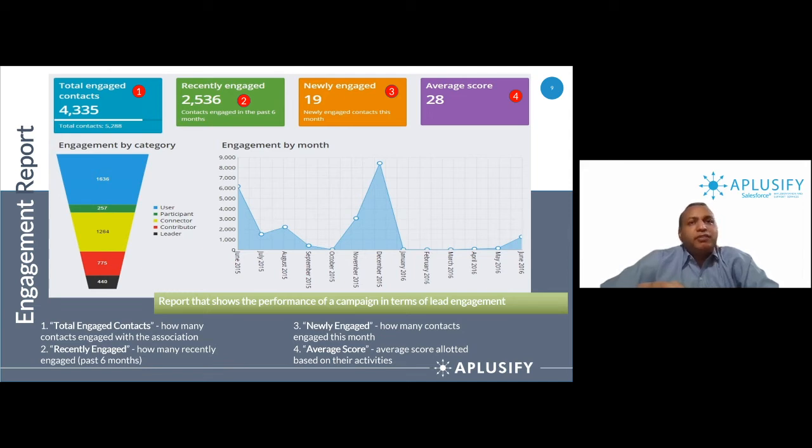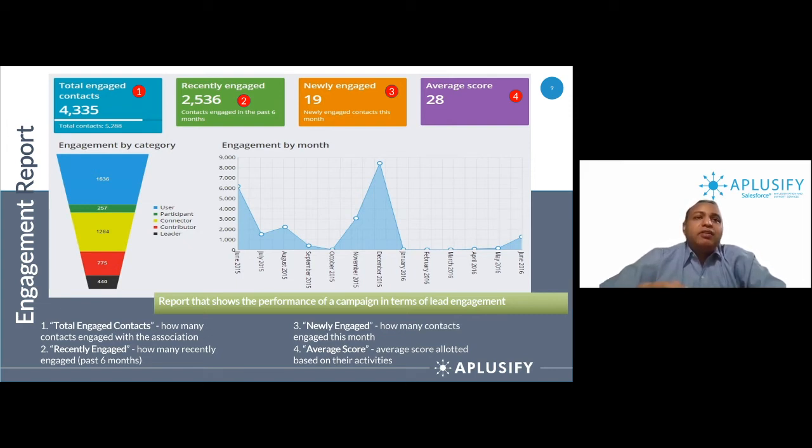So as we defined in our previous slides, we have 5 categories. We have users who have a percentile score of greater than 0. They are doing something, but very little. Participants similarly have a percentile score of greater than 15, connector greater than 35, contributor greater than 50, and leader greater than 85. So if you see this funnel of engagement by category, you can easily see there are only